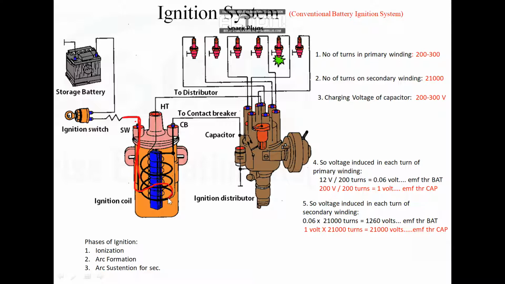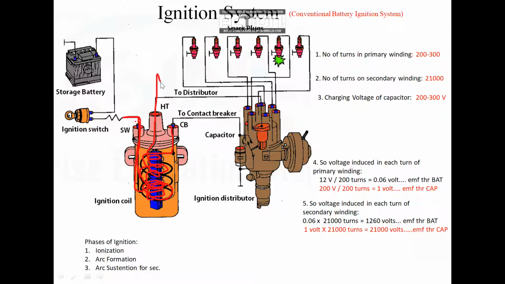Okay, after that, one end of this thick winding enters the ignition coil, makes turns around this blue component, and comes out this way. Okay, this thick winding is also called the primary winding. After that, similarly, one end of this thin winding is connected to the thick winding, and it makes some more turns about this soft iron core, and comes out through the ignition coil from the center. Okay, this way it comes out.